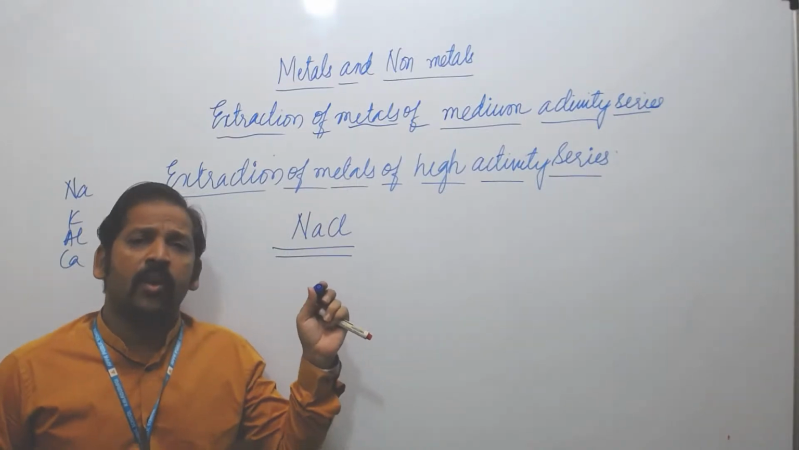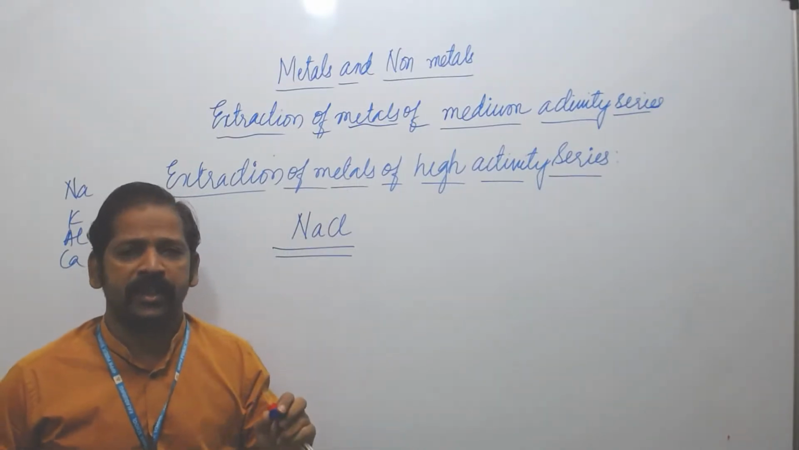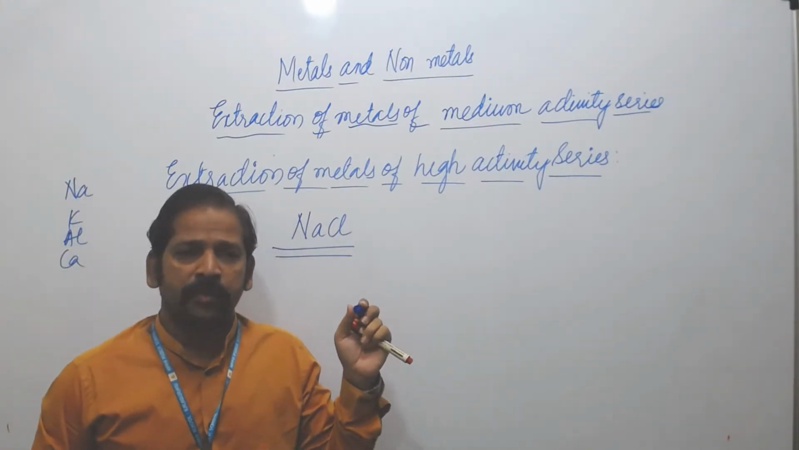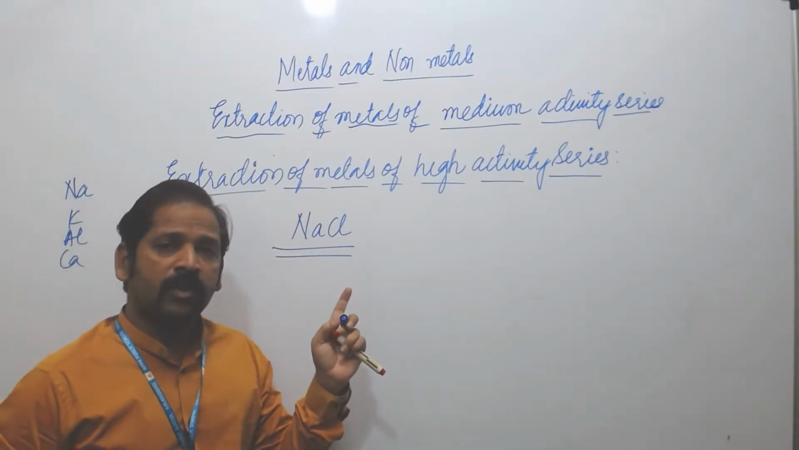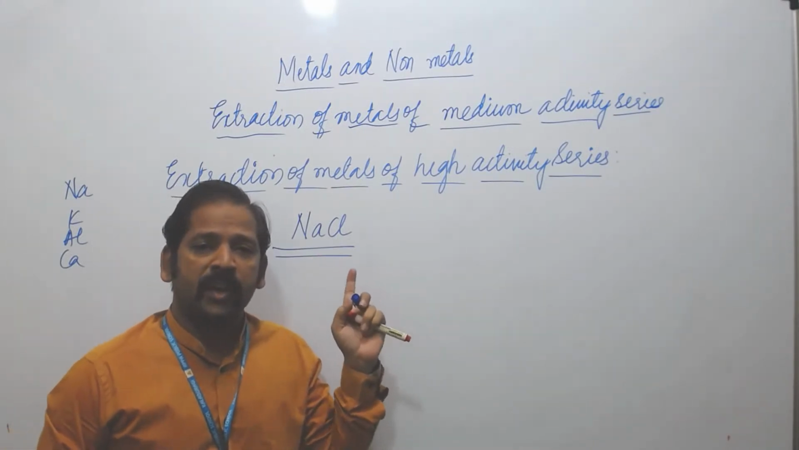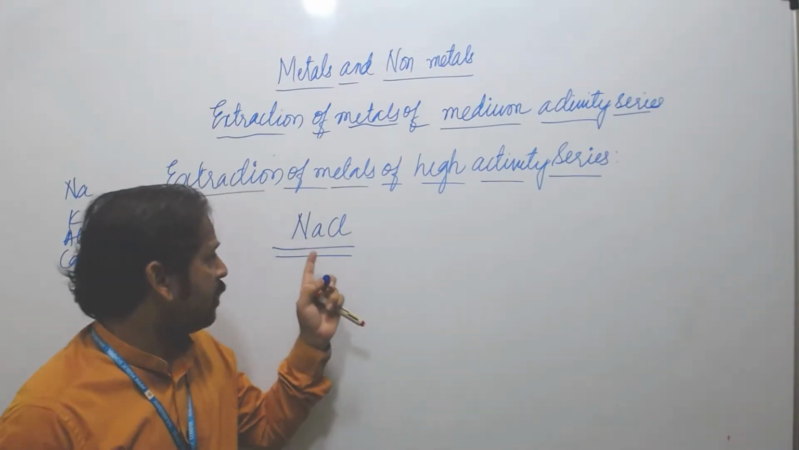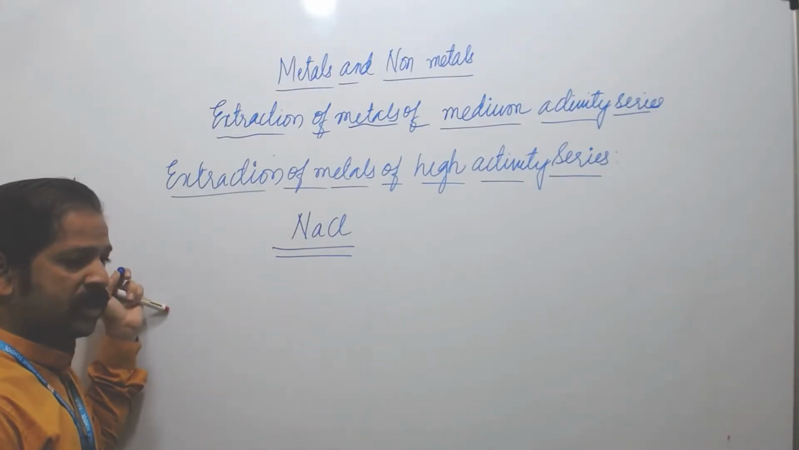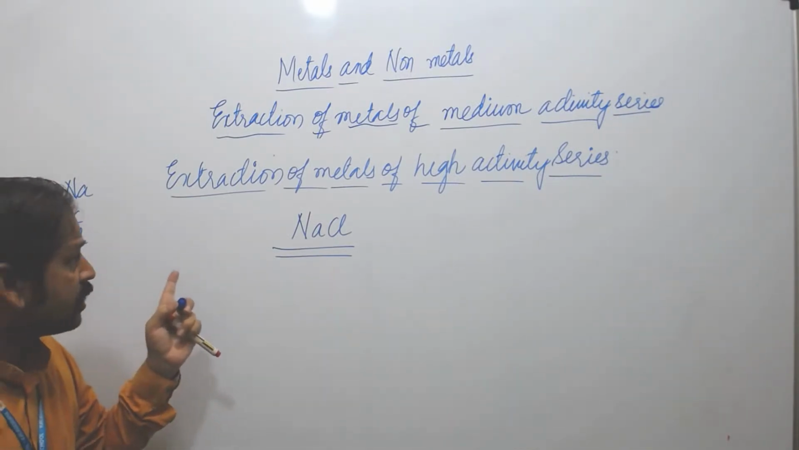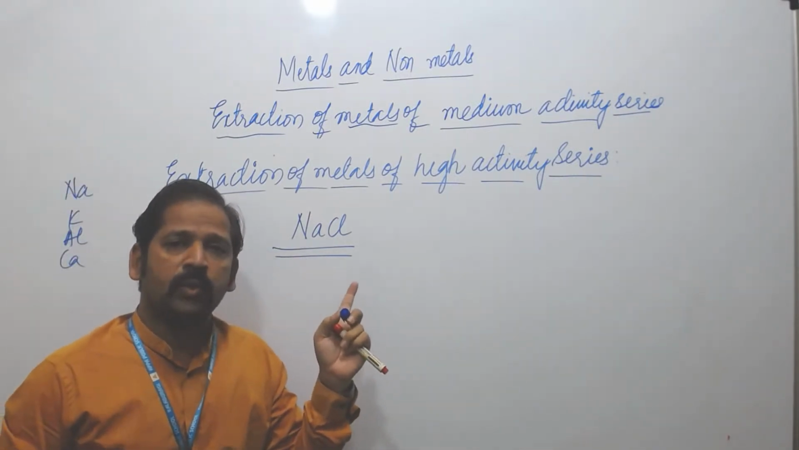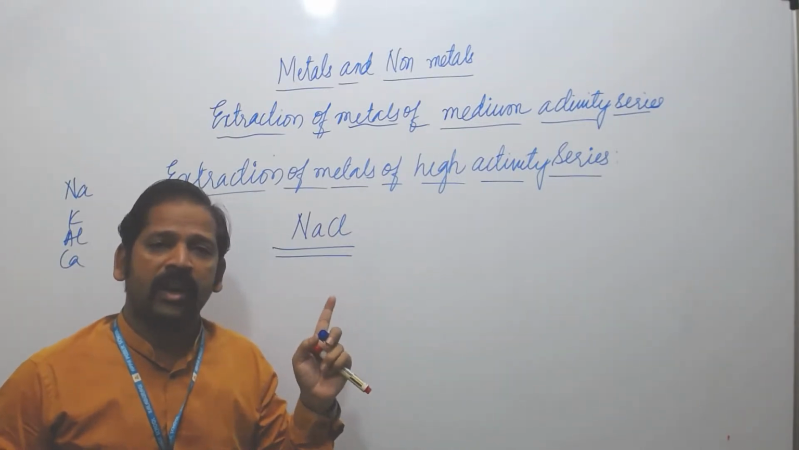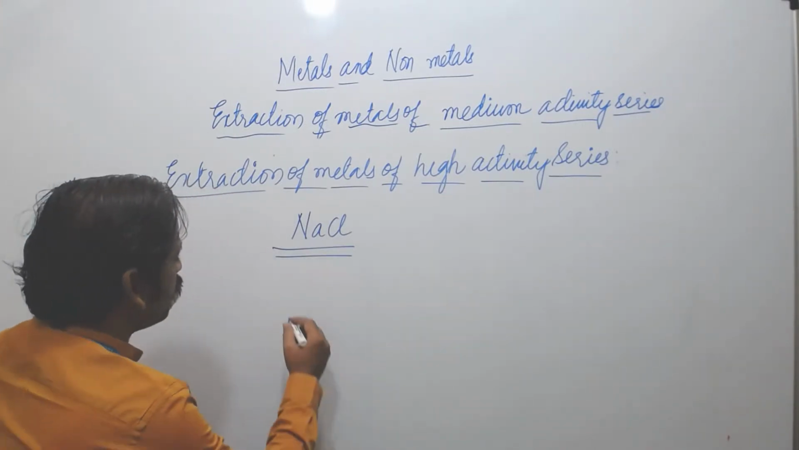Here, carbon is not used as a reducing agent, because these metals have more affinity towards oxygen, maybe sodium, potassium, aluminium, or calcium. These have more affinity towards oxygen, not so easy to break. So they will not use carbon. They will go for the electrolytic reduction, where